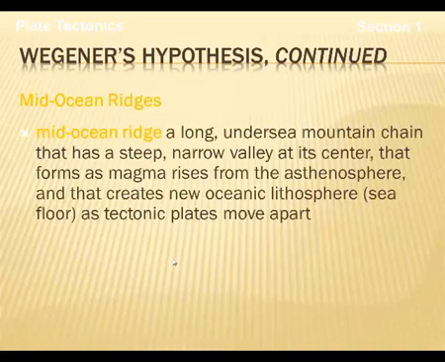Mid-ocean ridges became that evidence that he needed. A mid-ocean ridge is a long undersea mountain chain that has a steep, narrow valley at its center, and it forms as magma rises from the asthenosphere. Remember, the asthenosphere is that layer inside of the planet below the lithosphere but above the mesosphere. It is a plastic layer that flows,